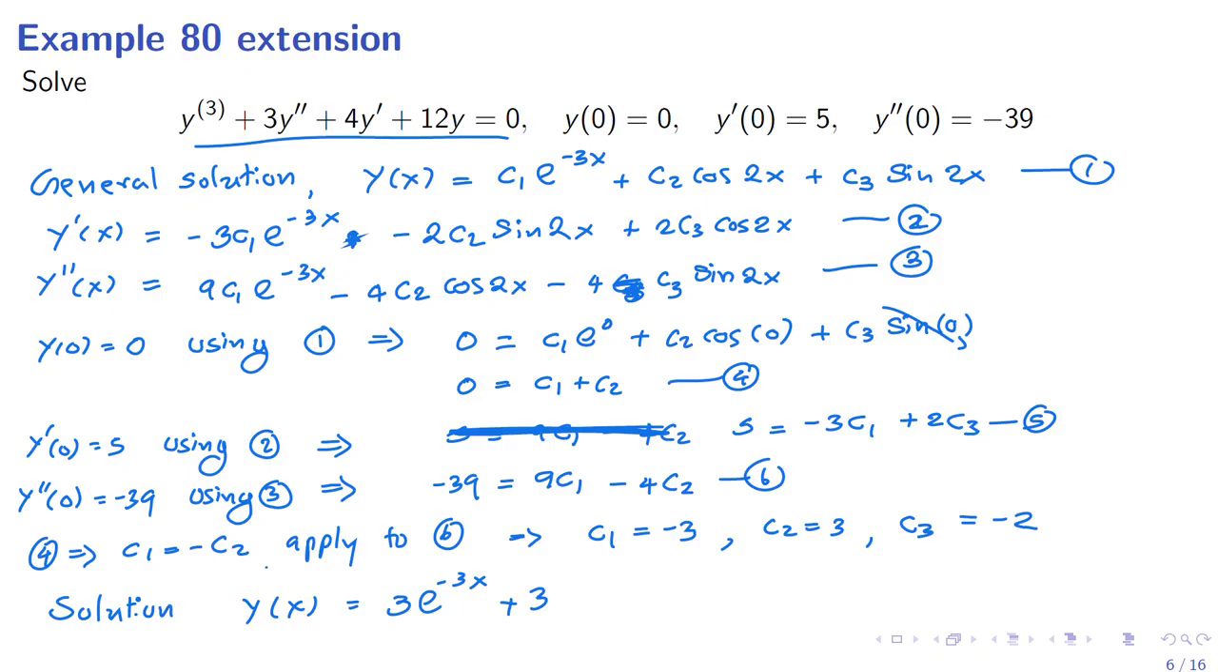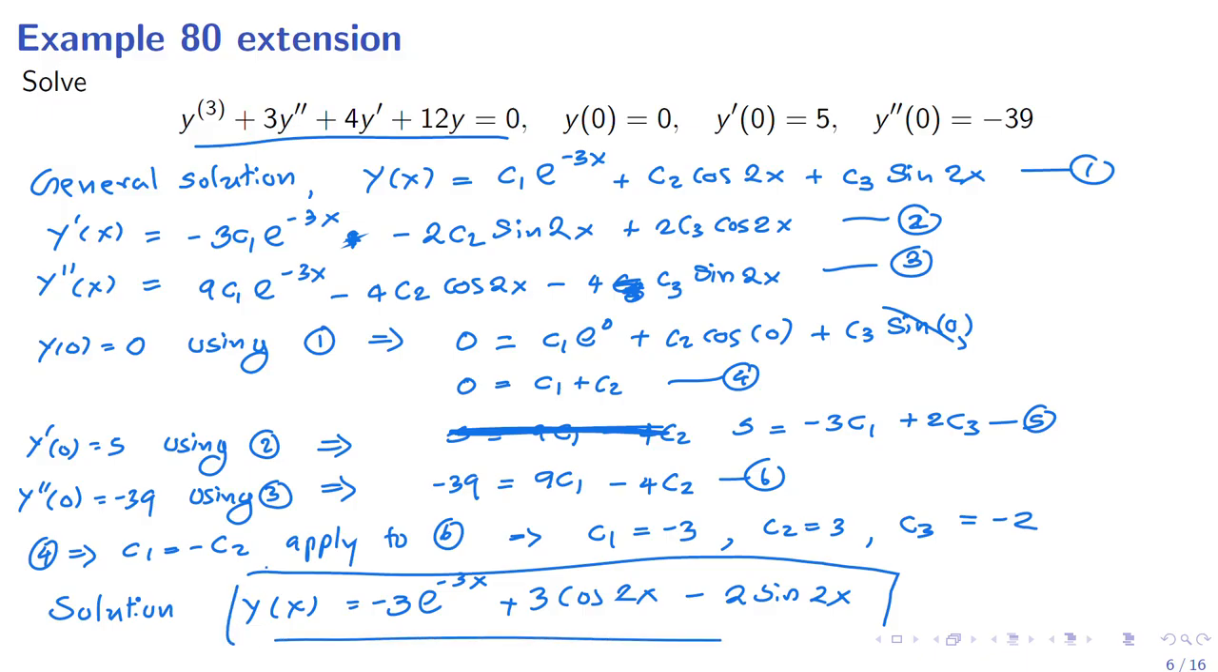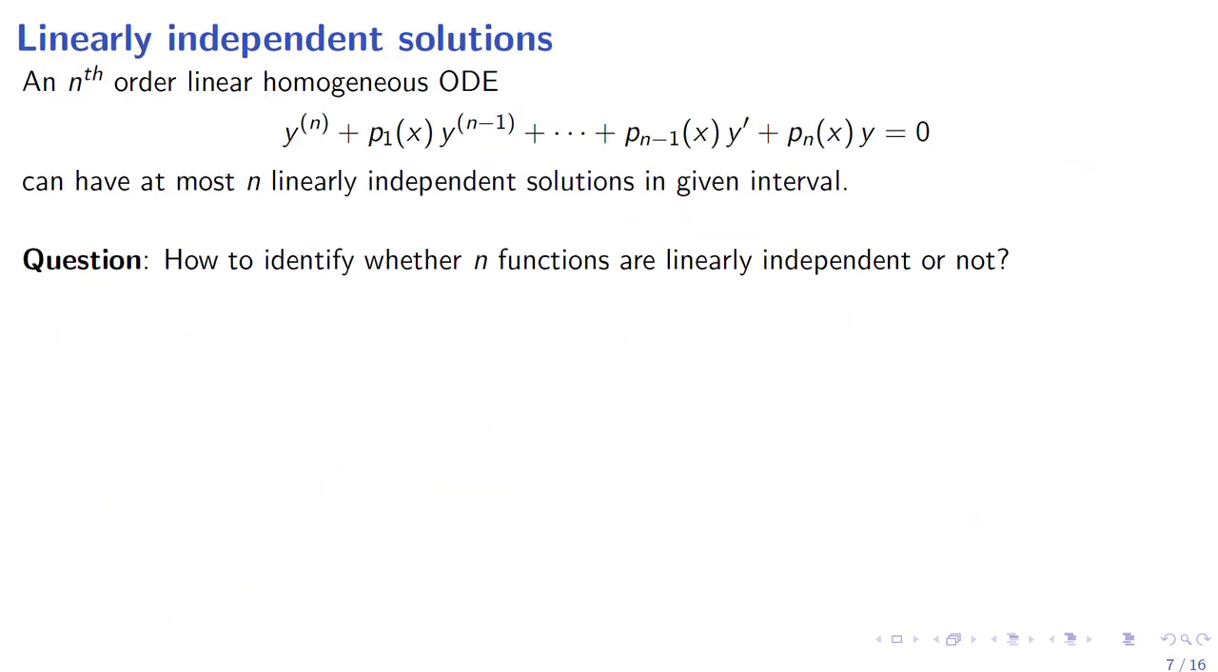So this should be minus 100. So it's minus 3 cosine of 2x minus 2 sine of 2x. So this is the particular solution for these given initial conditions. Okay. Now,